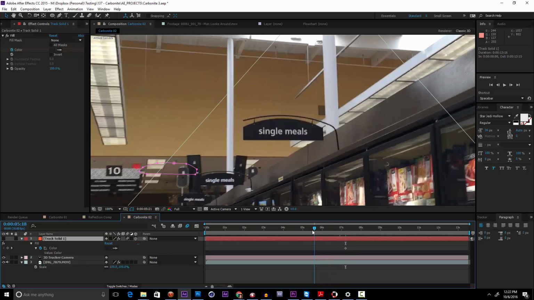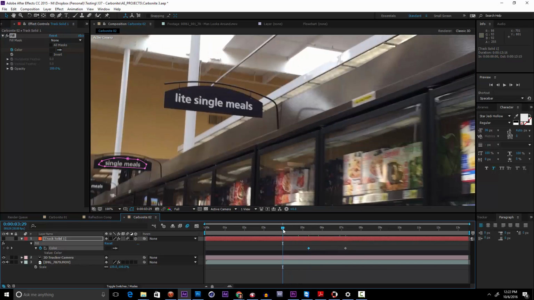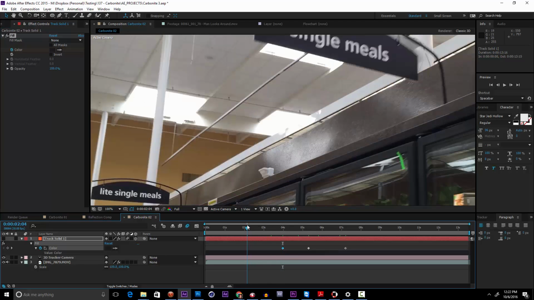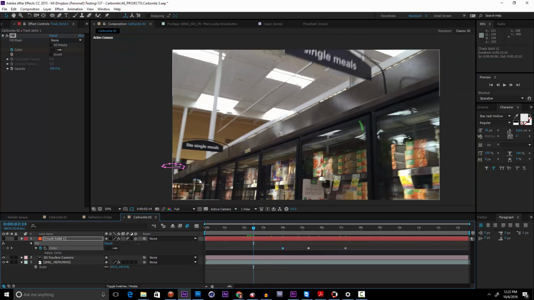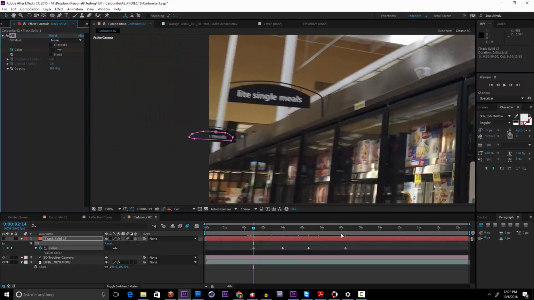frame. If I scrub back to here, I can now take the eyedrop tool from the effect and sample right there. It's a slightly different color. Not much, but I think this will make a difference. I'll go back to here. I'll sample it again. It looks like it gets a little bit darker in contrast here as it pushes back. And all the way back here, it's a similar color, but you'll see as I scrub forward